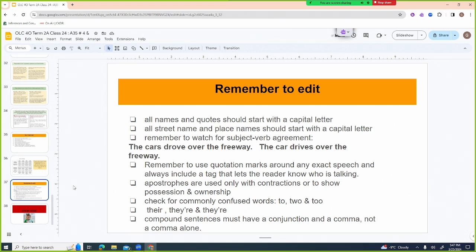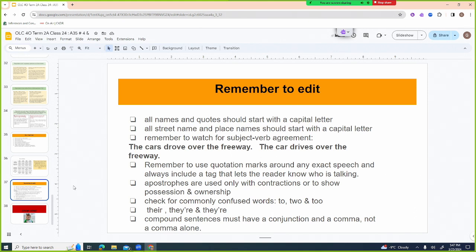Remember to use quotation marks around any exact speech. Earlier in assignment 35, we did a whole bunch of work on quotation marks. It's right in your unit. If you're not sure about how you're using the quotation marks, go back and check those rules, okay? Apostrophes are only used in two areas: with contractions like can't, won't, I'll, or to show possession and ownership.